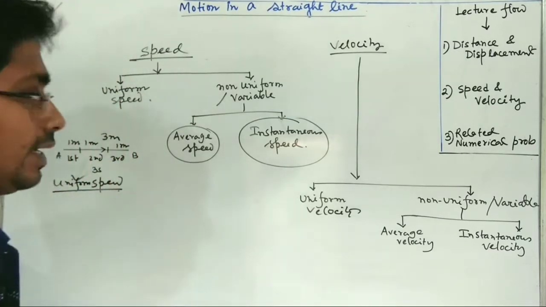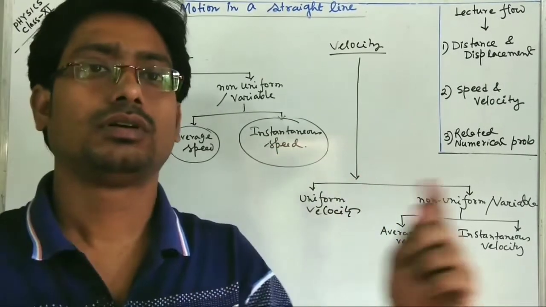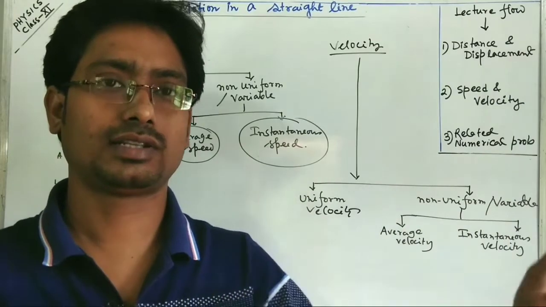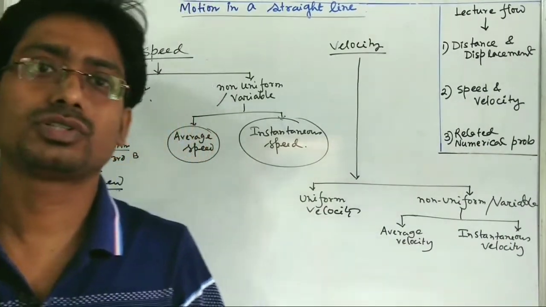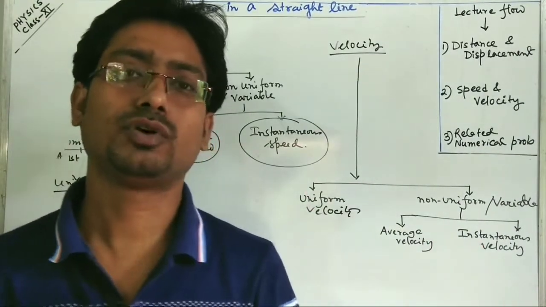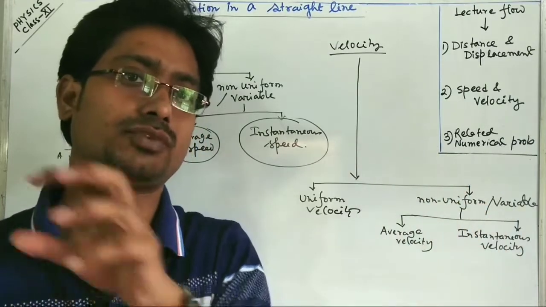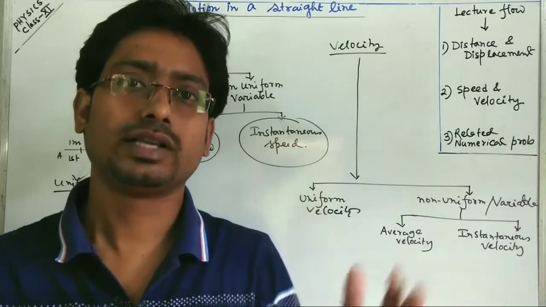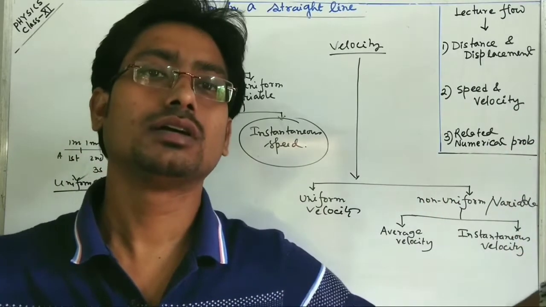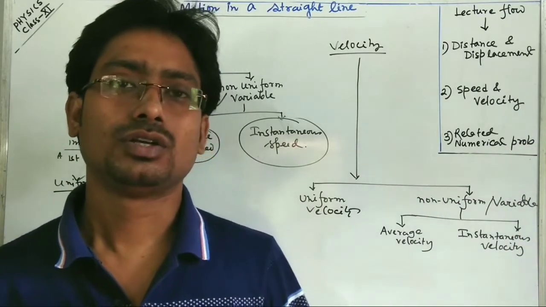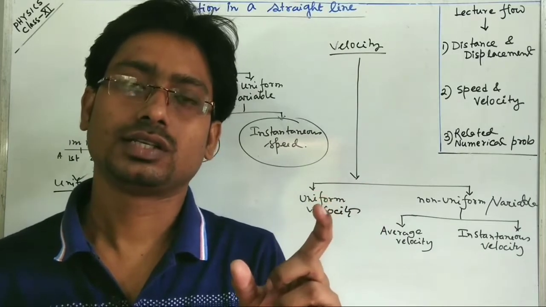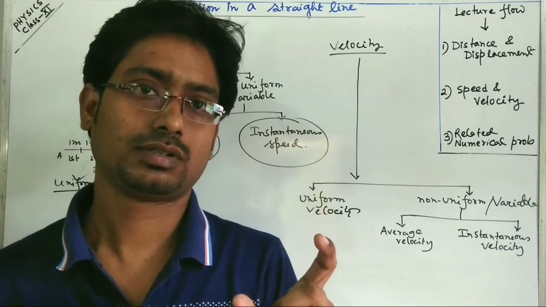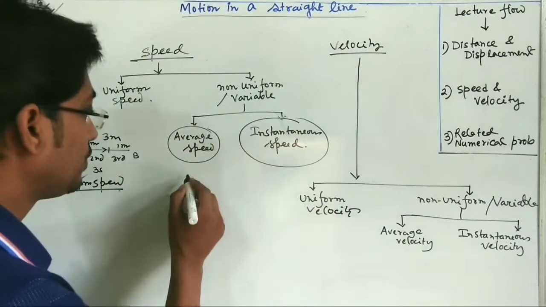So if you take a longer interval, suppose 10 minutes, 1 hour, the body starts its journey from A and goes to final point B. In a longer time interval, 10 minutes, 2 minutes, 5 minutes, 1 hour, 10 hours, we have to consider the average velocity. If we say a body moves at 50 km per hour,